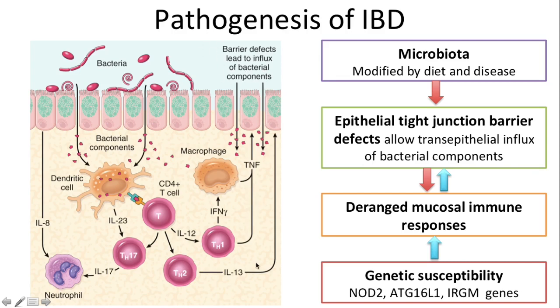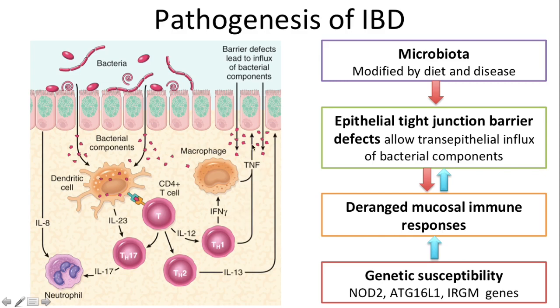now coming into the mucosa. So in susceptible individuals, the susceptibility is conferred by several factors such as family history and some genetic abnormality, particularly that of the NOD2 gene. What the genetic susceptibility does is that it leads to deranged mucosal immune responses. So let's go back up one step, and you can see that there is transepithelial influx of bacterial components